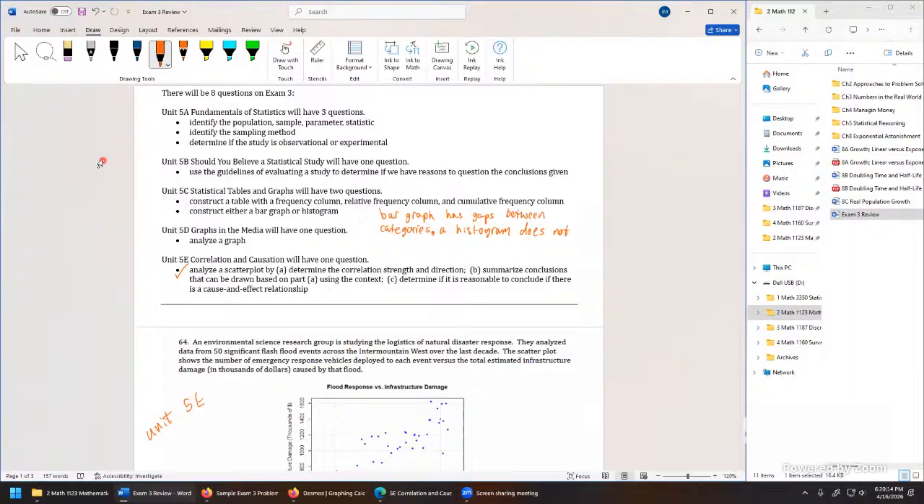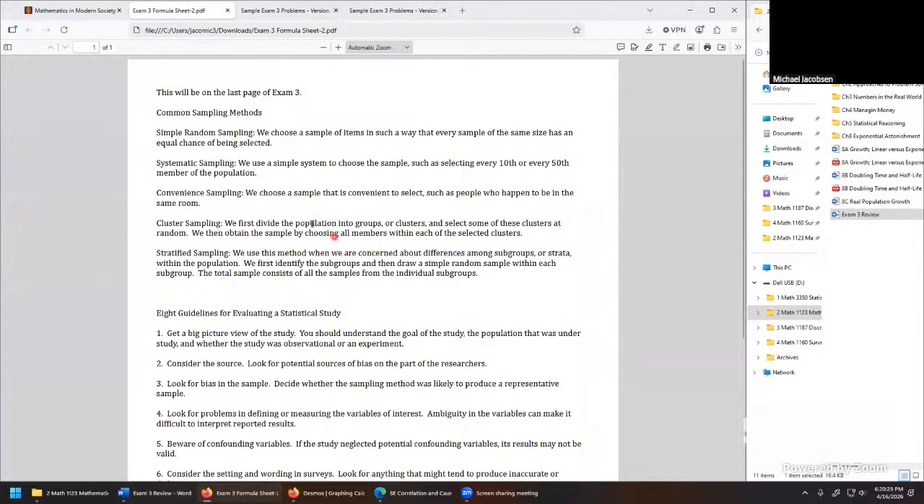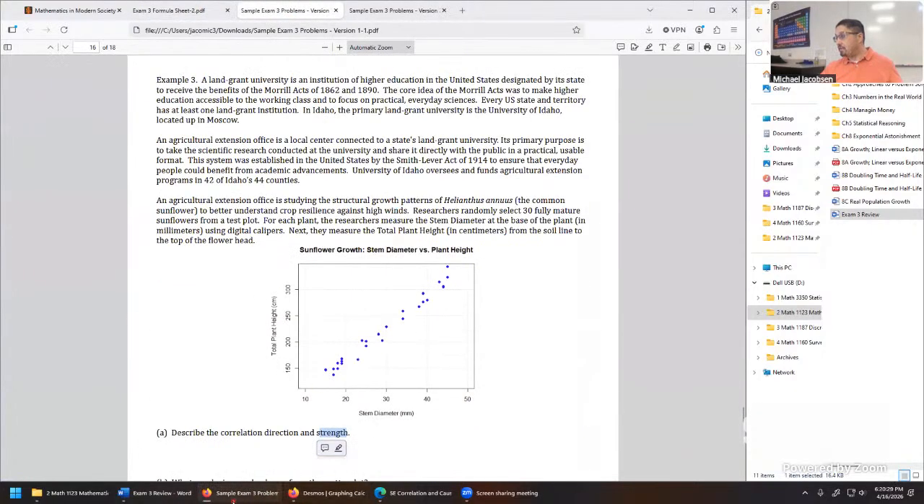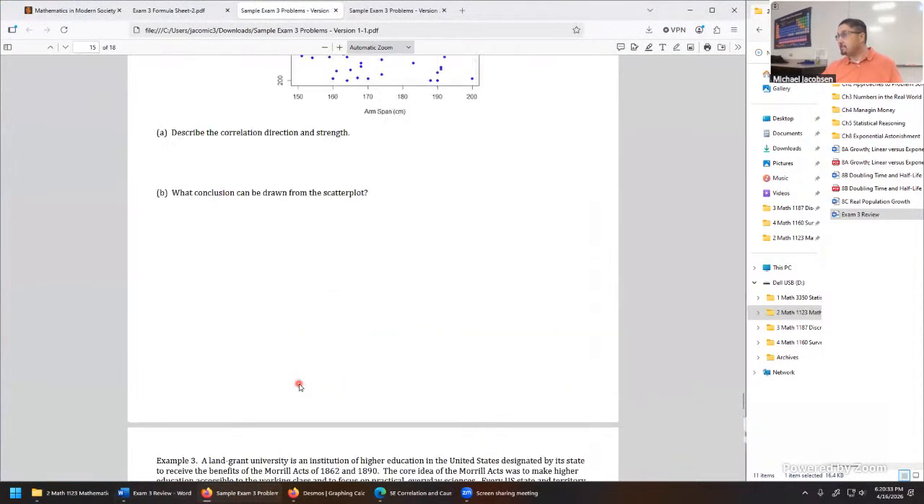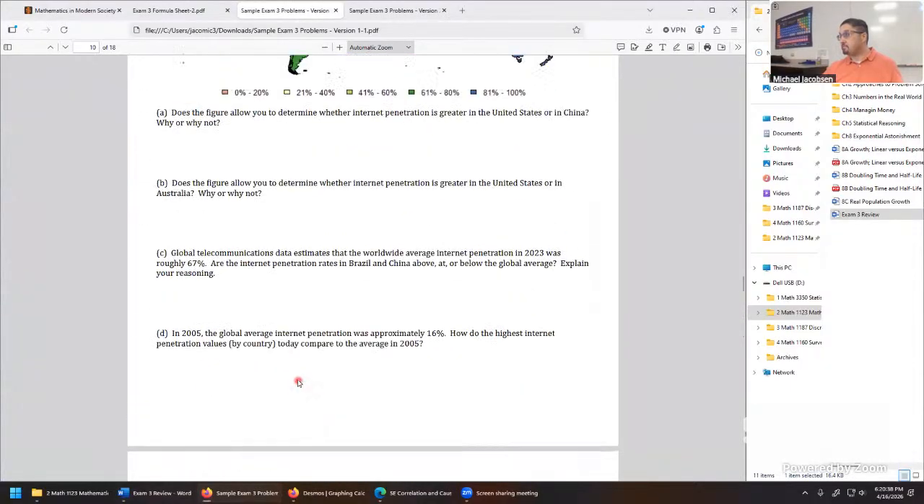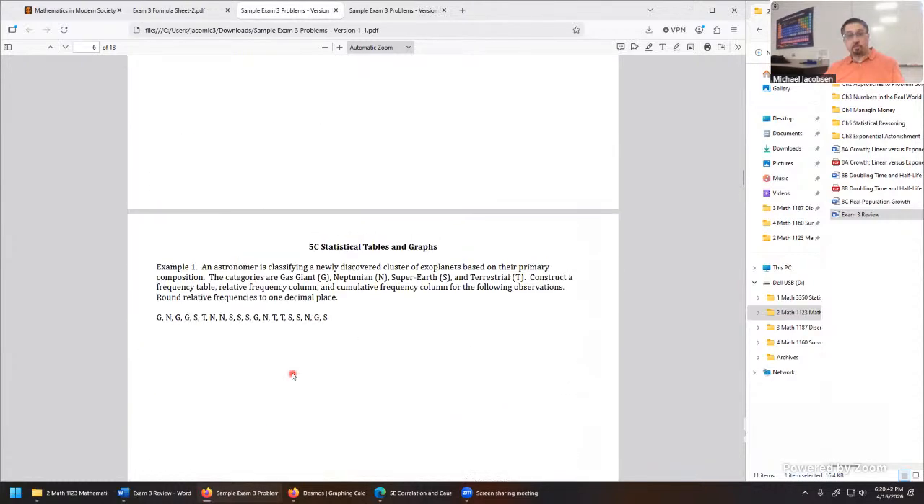Yeah, I was actually going to ask about 5C next. On the sample 3 problems version 1, could we go over example 1? Yeah, so sample 3, version 1, and this was 5C. Yeah, absolutely. Let me find that one. So this one here,